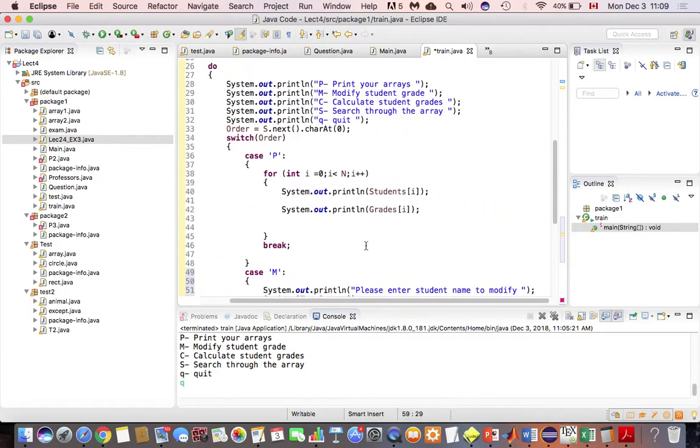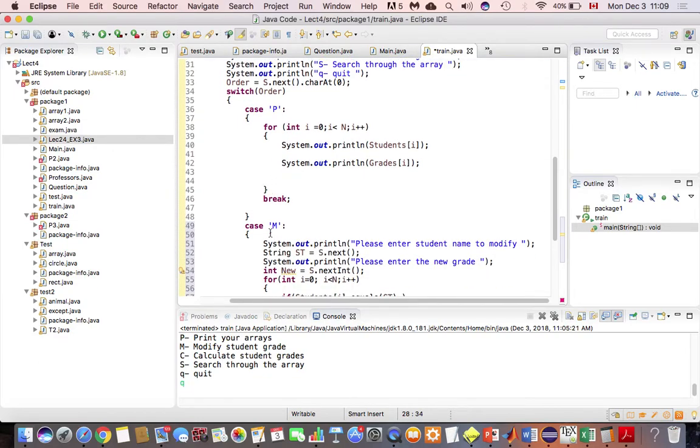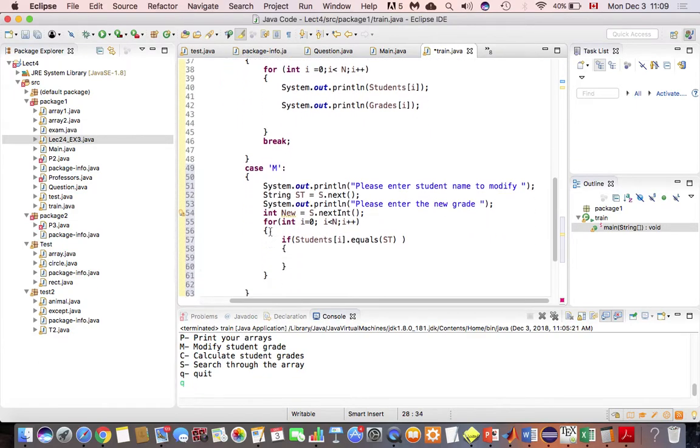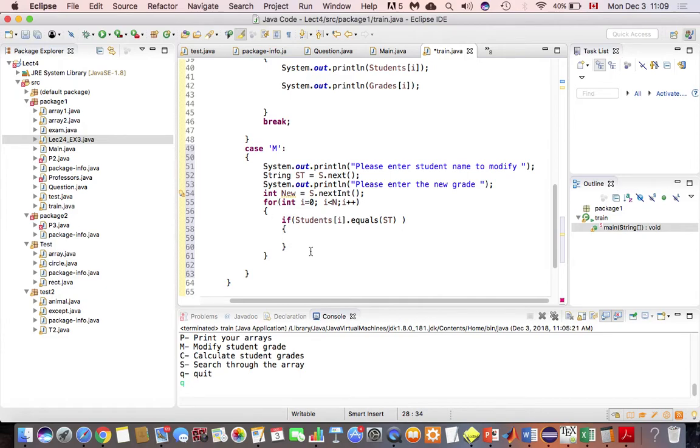It's up to you, I mean here, to put it B and Q. But it's case sensitive. So if you do it as B capital, you have to enter as B capital to be executed. So guys, if you do here B capital, you have to do case B capital. If you do M small, you have to do case M small in order to work. This is case sensitive. Okay? So,